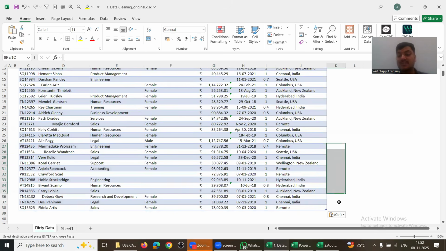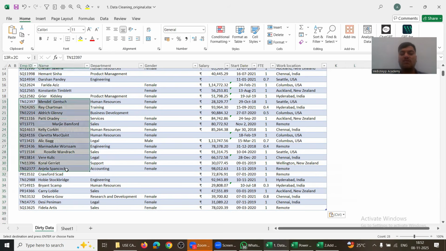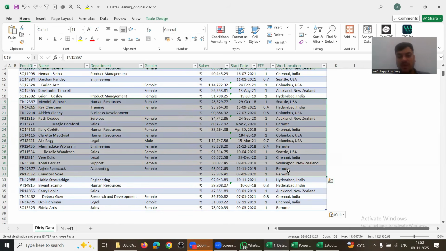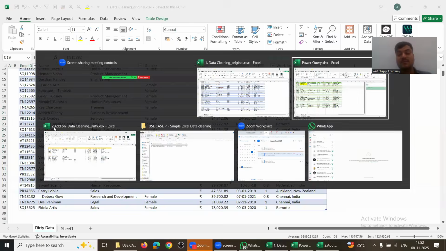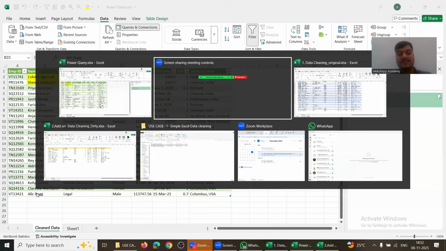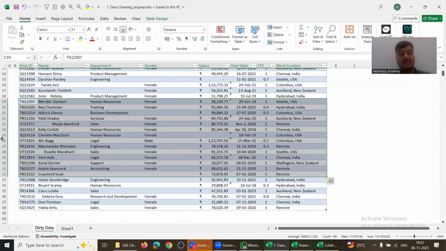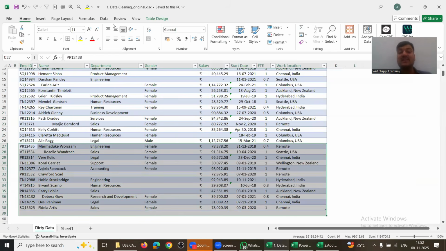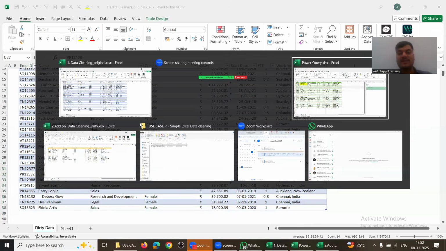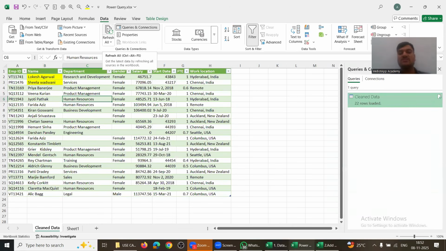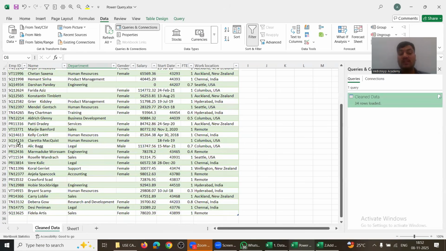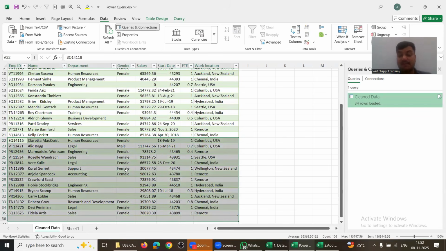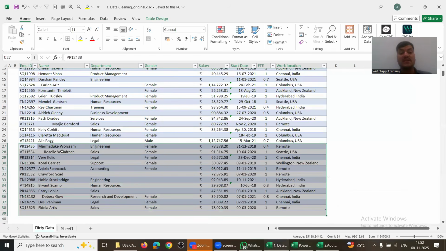Flash fill and trim we would have to do again here when our data changed, right? But in Power Query, now I will save this. Okay, the last row, earlier you can see it was Alik Bag. Then this data I have added. As soon as I've added data in the original file, I just have to press refresh, and you will see not only the data got updated, the step that we applied, which step is the